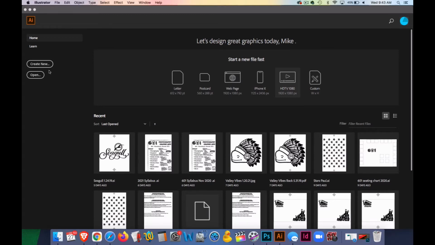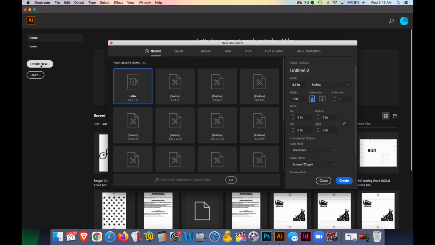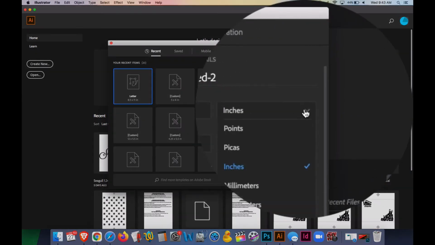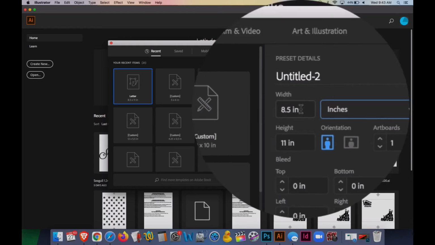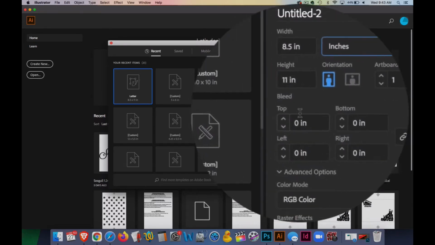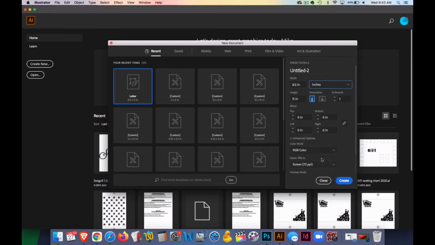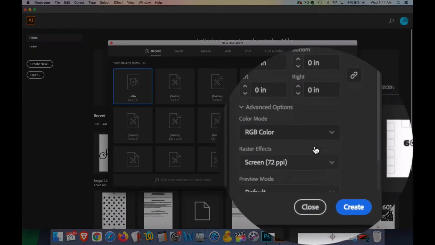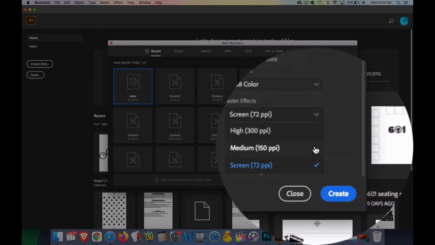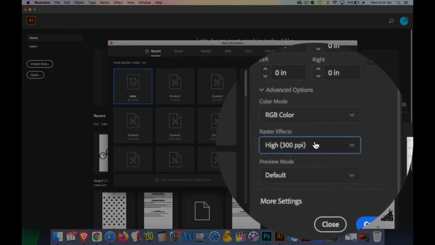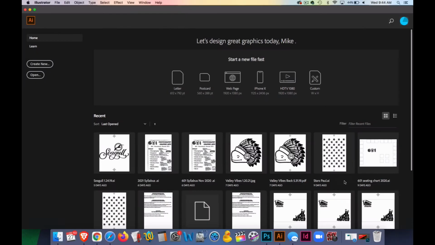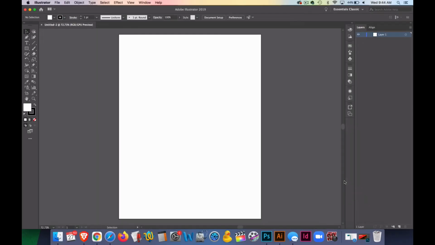So the first thing I'll do to get started is I'll come over here and hit Create New, and I'm going to go with inches, and I'll just go with a standard size sheet of US letter paper, and this will be an 8.5 by 11 inch document. No bleed, no additional things other than to change the resolution here to high. So here you see I have a standard size 8.5 by 11 inch canvas, or that's the sheet of paper